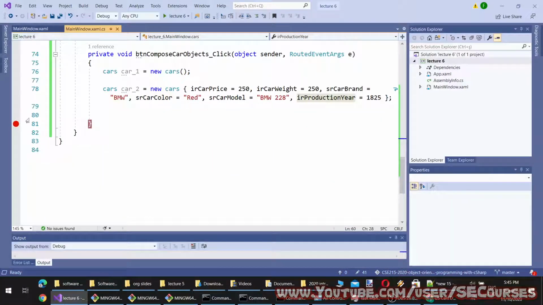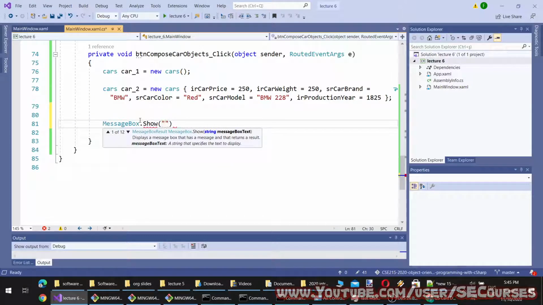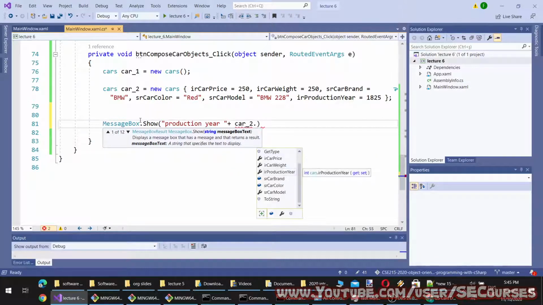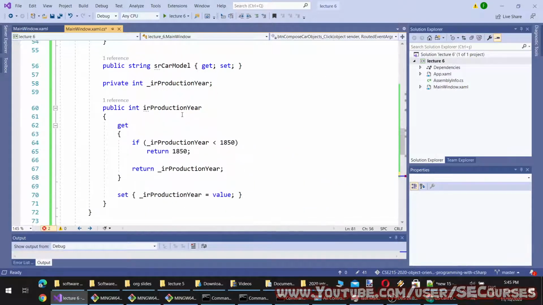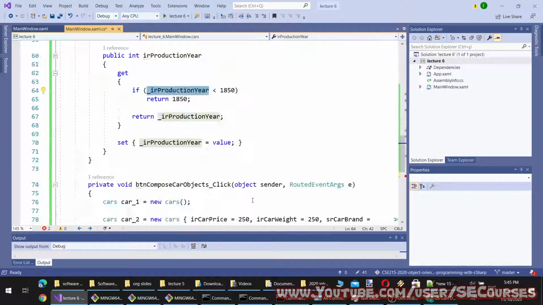I can't even try to print it. What I mean is, let's say message box show production year and type car 2 production years. So you see there is no value that I can access like this.